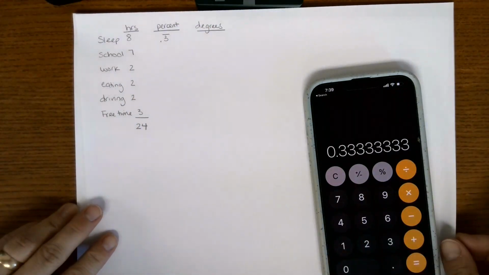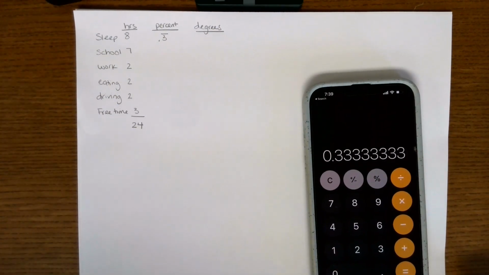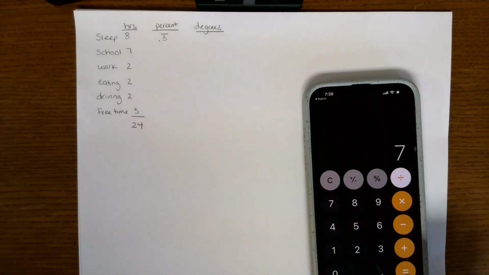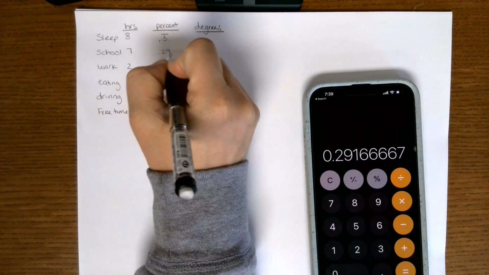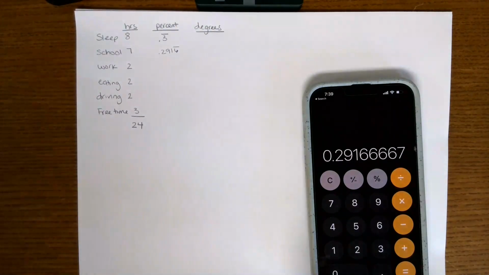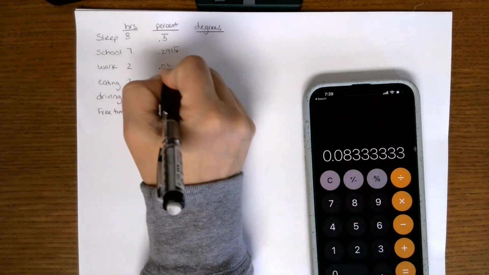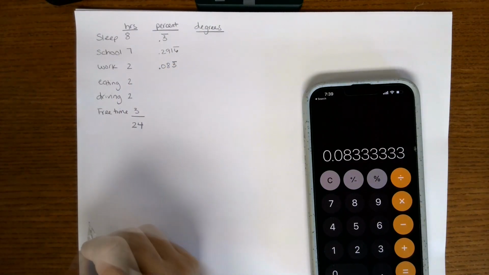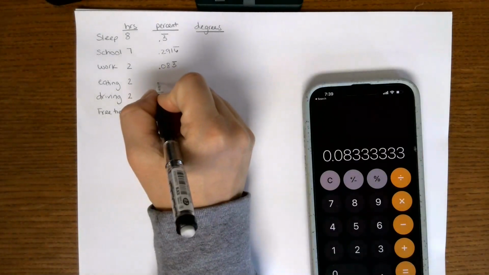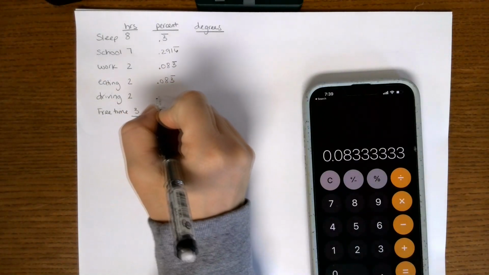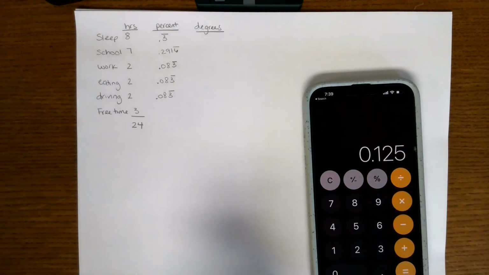To write that down as a repeating number, you can just put a line over it, and that means it's going to continue to repeat. I'm going to do the same thing for each one of these numbers. So I'm going to take 7 hours divided by 24, which gives me 0.2916 repeating. 2 divided by 24 gives me 0.083 repeating. These are all the same, 0.083 repeating, and then I have 3 divided by 24,